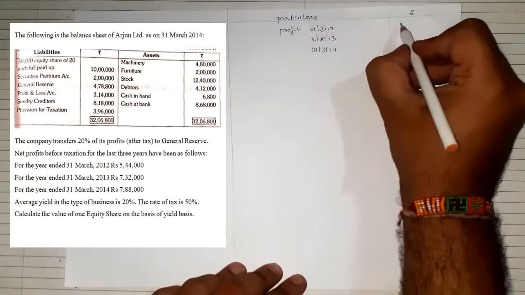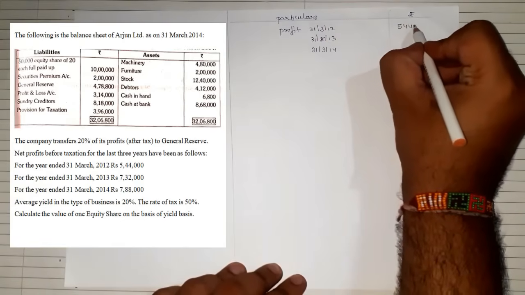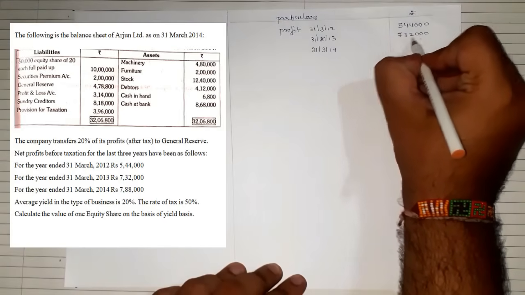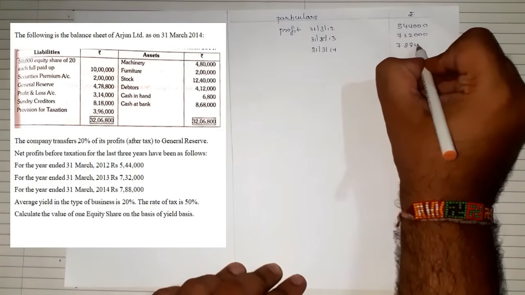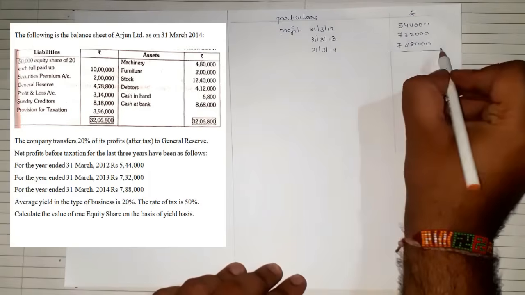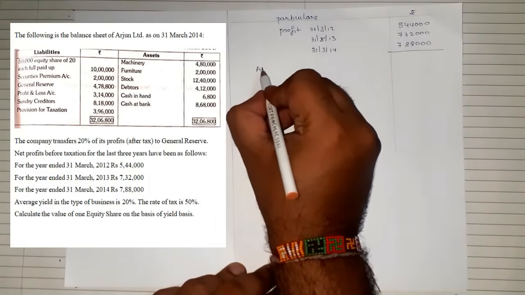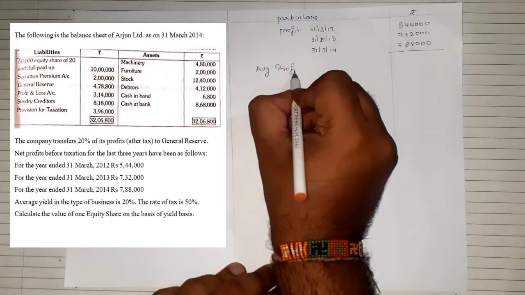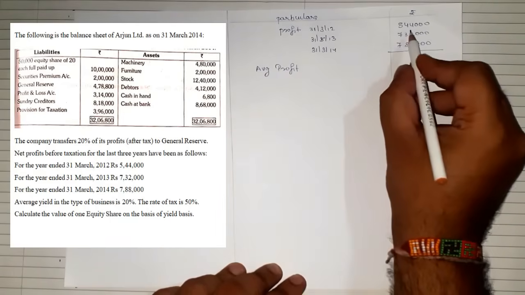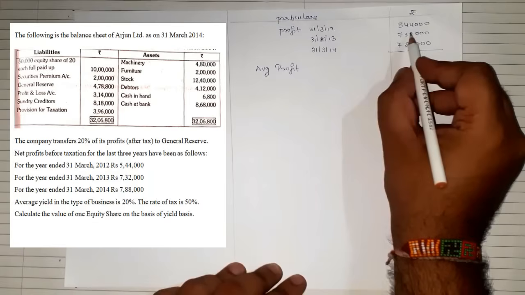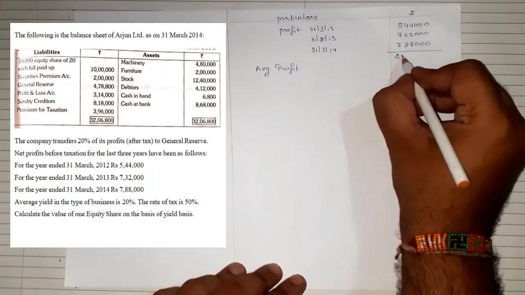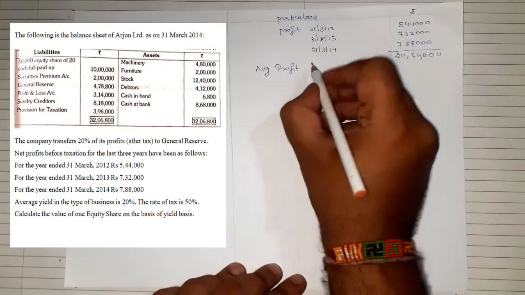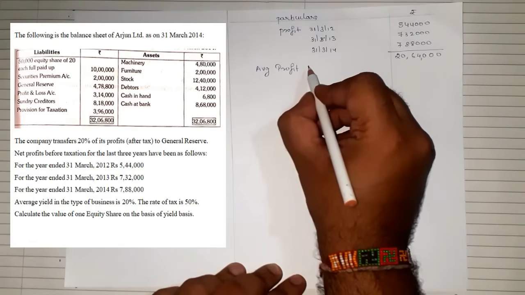The values are 5,44,000, 7,32,000 and 7,88,000. These are the profits that they have given us. We need to find, number one, average profit. The average profit is nothing but the total of this profit divided by 3. Now the total of the profit is 20,64,000. So average profit is nothing but